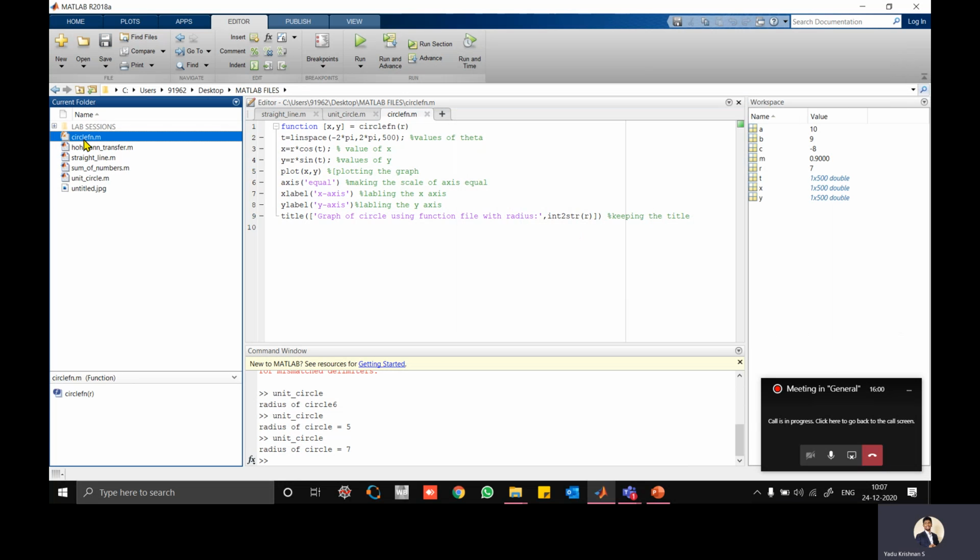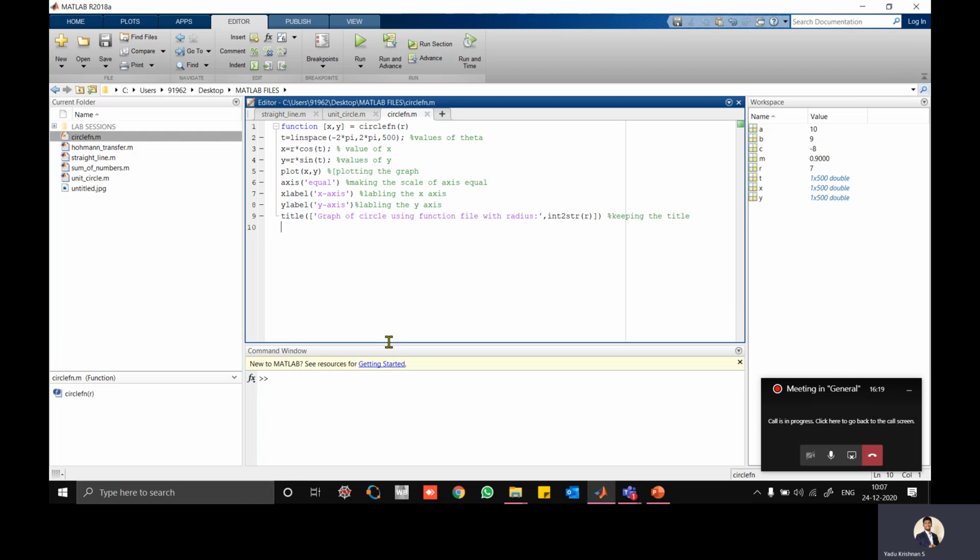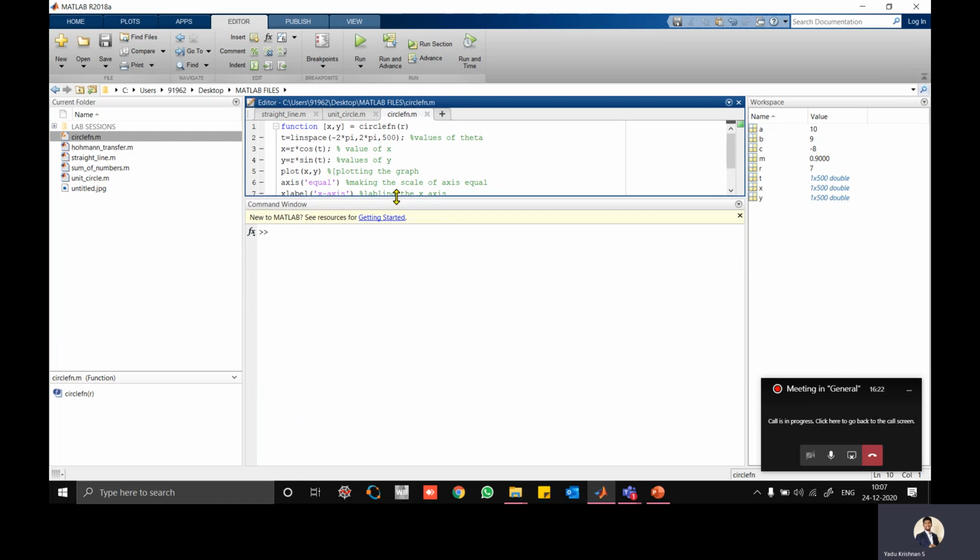So you can see there is a small change here. Look at this file, it looks like fx. That is a function file. These are all .m files only, everything is .m, but this one is a function. So now we have saved the function. How will you execute it? To execute it, what we can do is just keep it big.